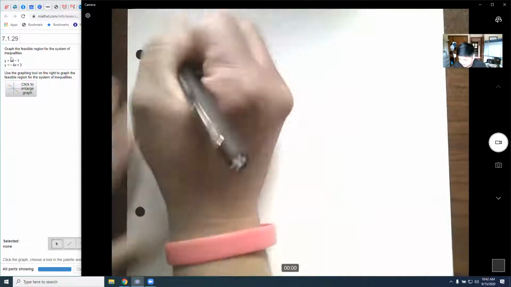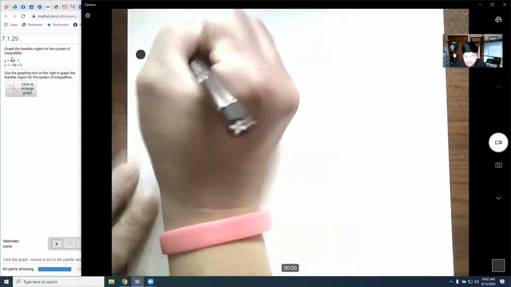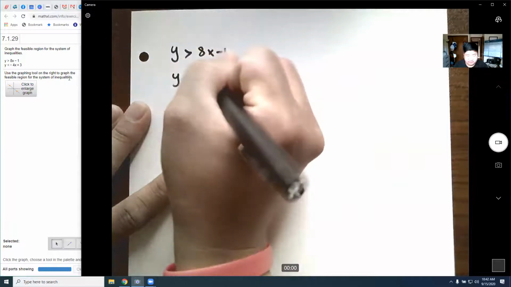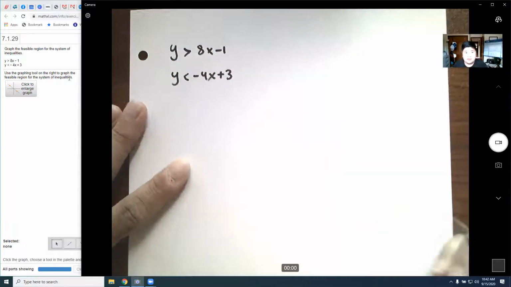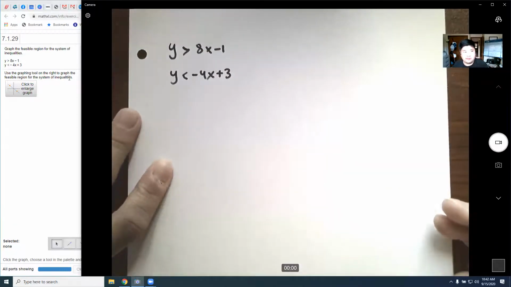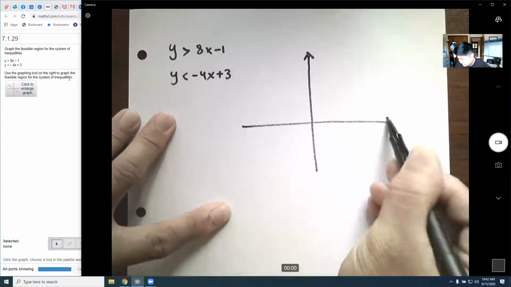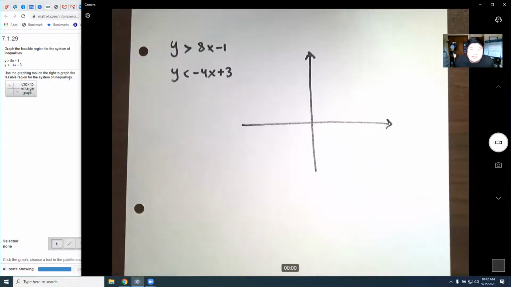calculator. All right, so if I have y is greater than 8x minus 1 and y is less than negative 4x plus 3, I am going to graph each of these separately. All right, so here we go. So let's look at first